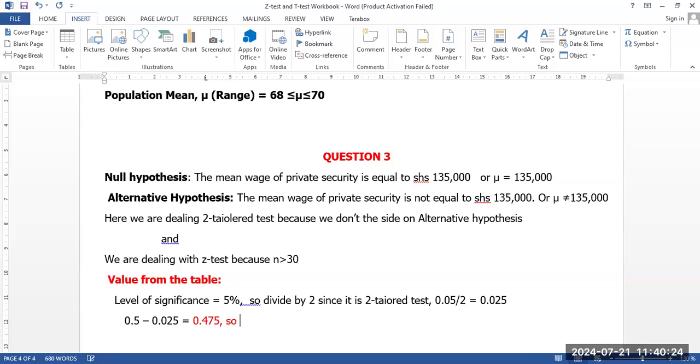So what is the Z value from the table that gives us 0.475? I think we already have this value, but for a recap, you just come